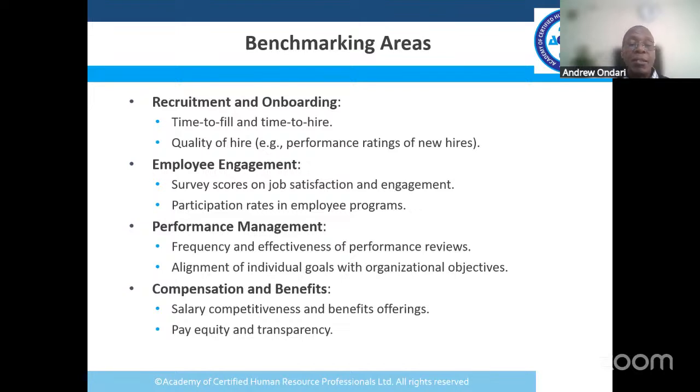But again, if we take too long to conduct these performance reviews, especially in an environment where we don't keep records, it becomes very difficult to appraise people accurately and objectively,